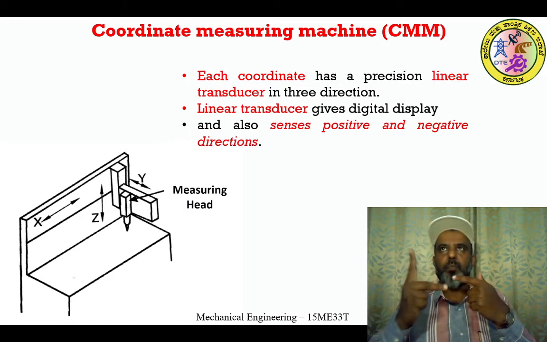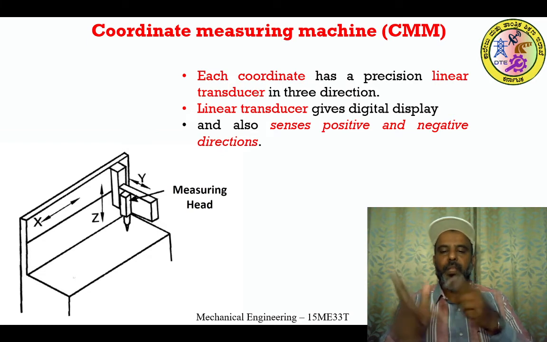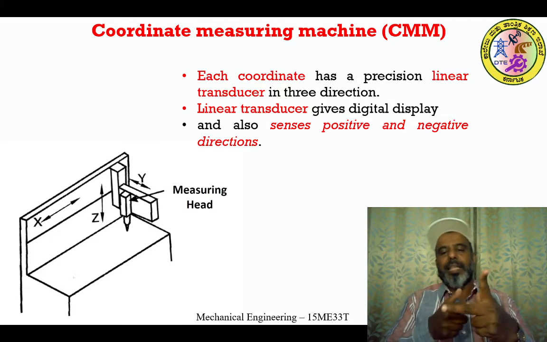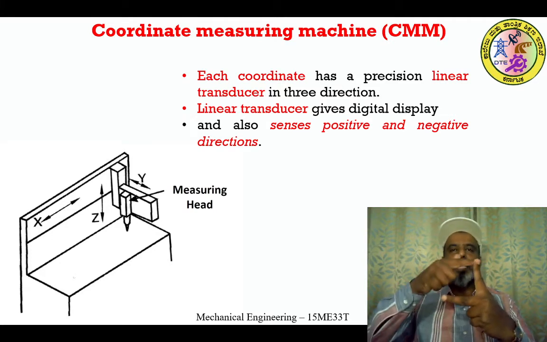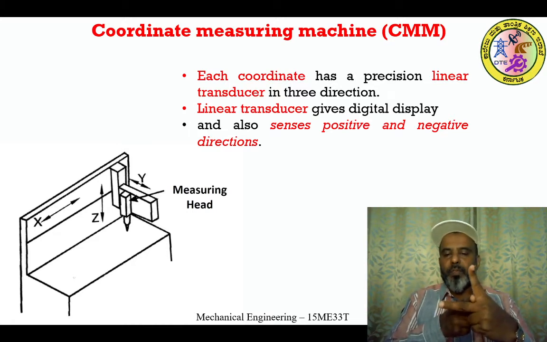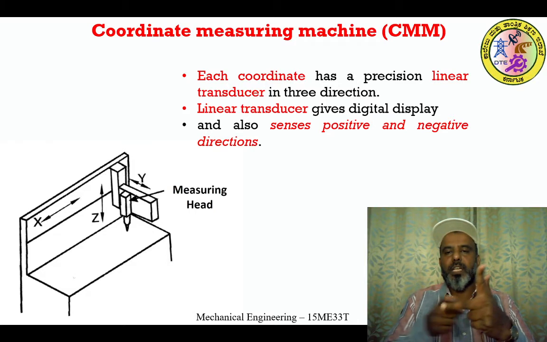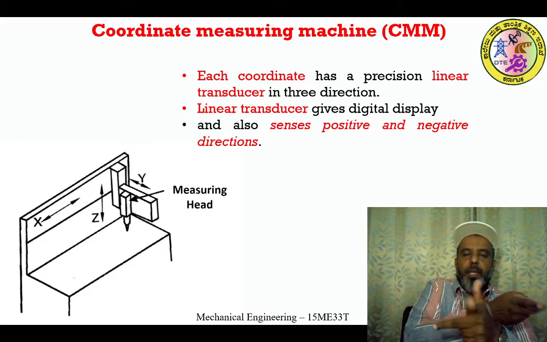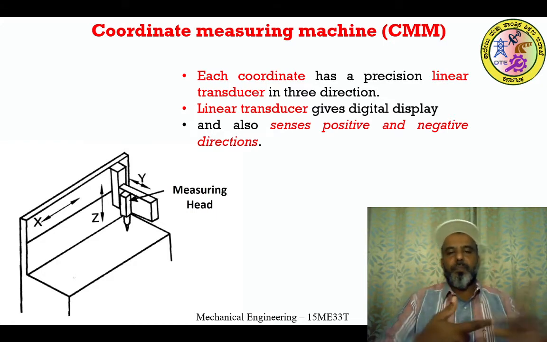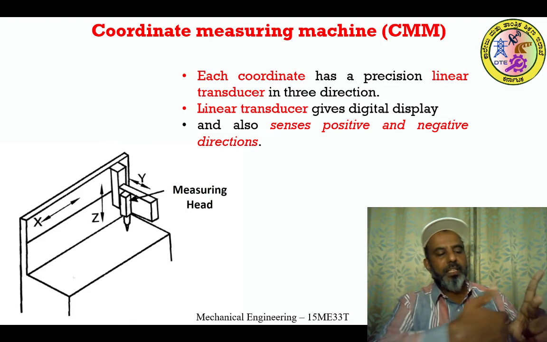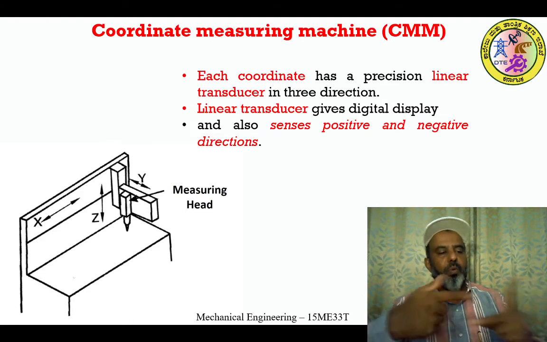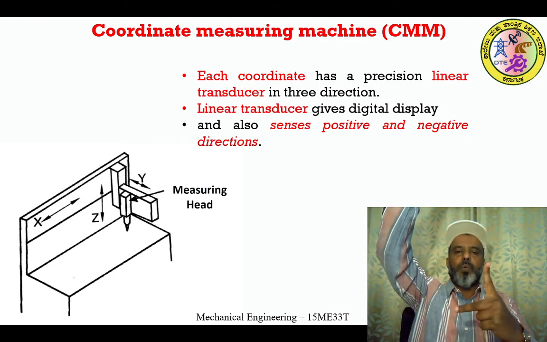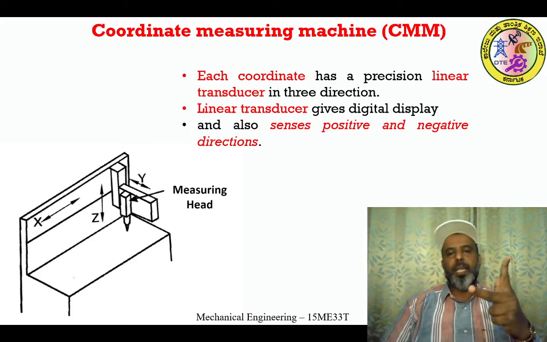If these are the three mutually perpendicular X, Y, Z directions, and if you see, this is the plus direction. This is the X direction, Y direction and Z direction. If it is moving towards the right from the reference or the origin, it is considered positive. From the reference, if it moves towards the left side, then we call it negative. Then similarly for the Z axis, if you are moving towards this, we call it positive, and moving that side, negative. Similarly, if it is moving in the upward direction, we call it positive, and below, negative.